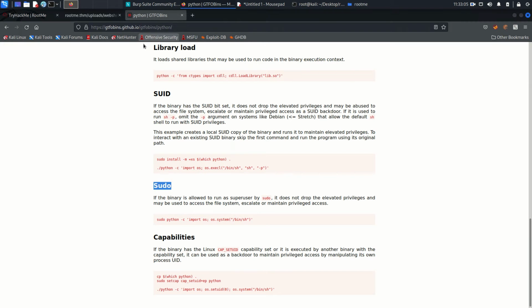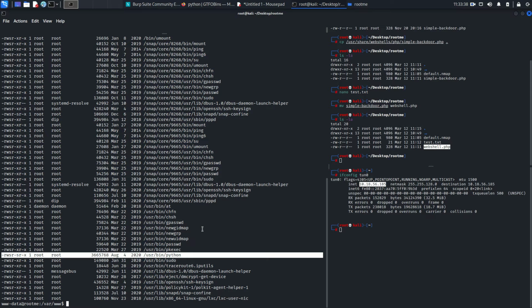So we will go with this exploit for the SUID bit. Because the SUID bit is set, we can execute Python and import any module. Here we are going to import the OS module so that we can execute commands, right? So let's take this, copy, come back and